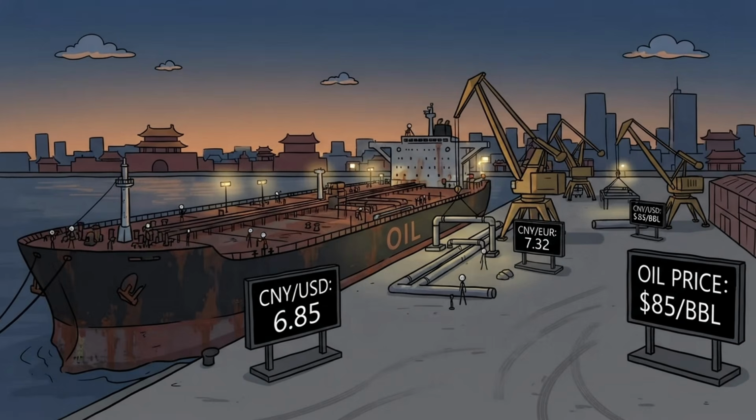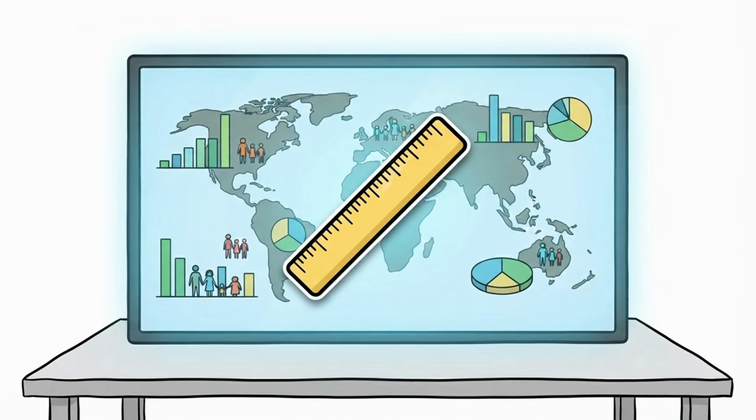So which ruler is real? Well, both. For military budgets, foreign debt, or who can buy the most oil, use nominal. Because when China buys oil, it pays real dollars at real exchange rates. But if you want to know how people actually live, use PPP. Now we've compared whole countries. But countries have wildly different populations. So let's fix that with the third ruler.